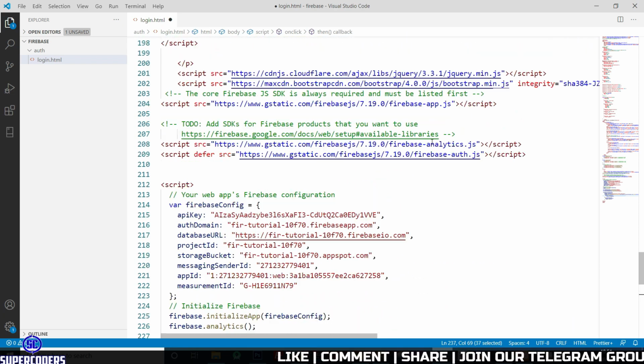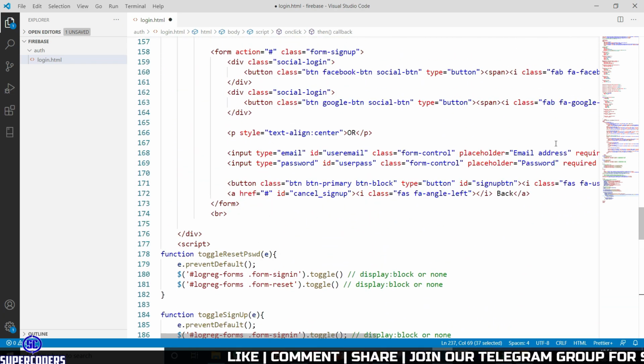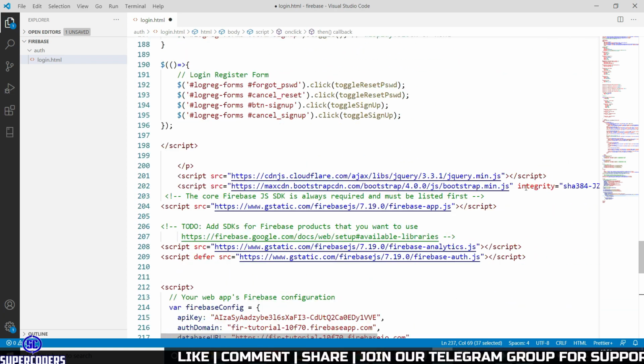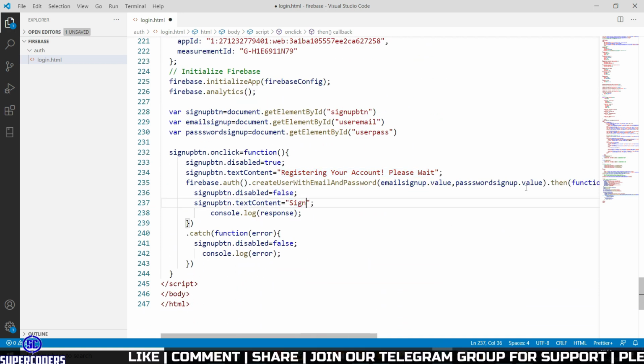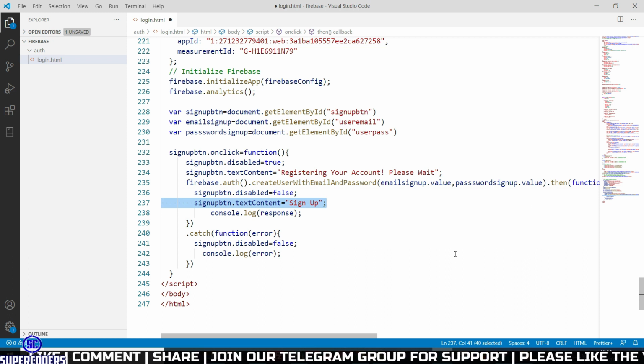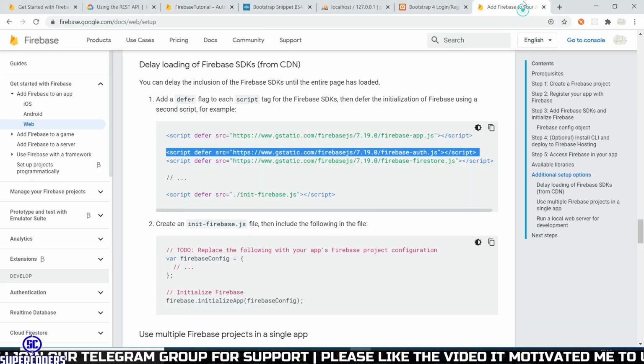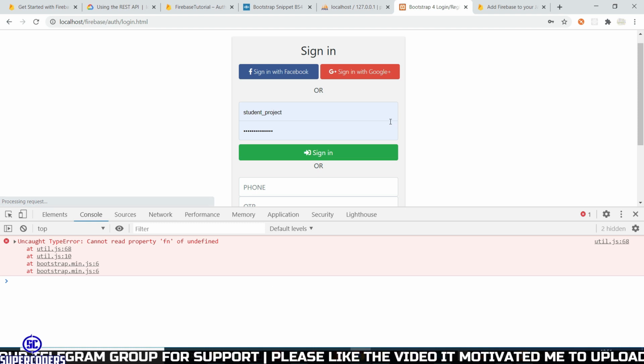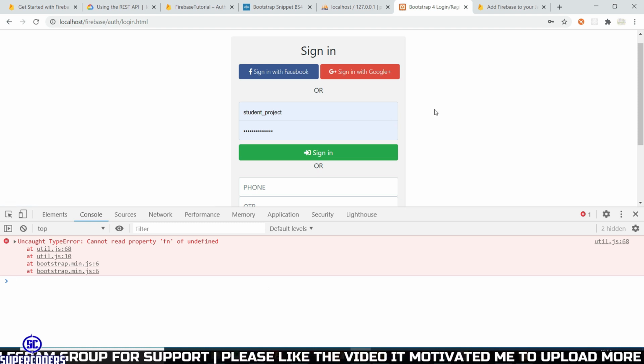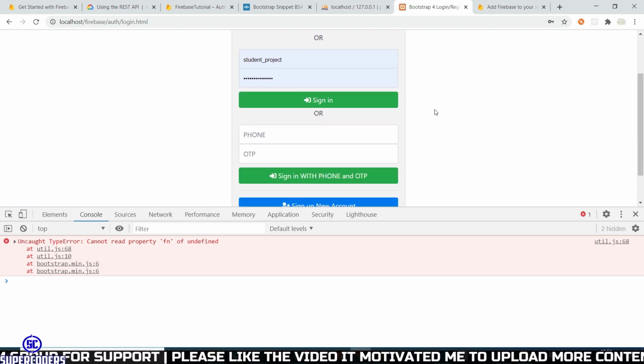Let's see what is the default message. So it's sign up, change here also, save it, again back to Chrome, come here, refresh page, let's try again.